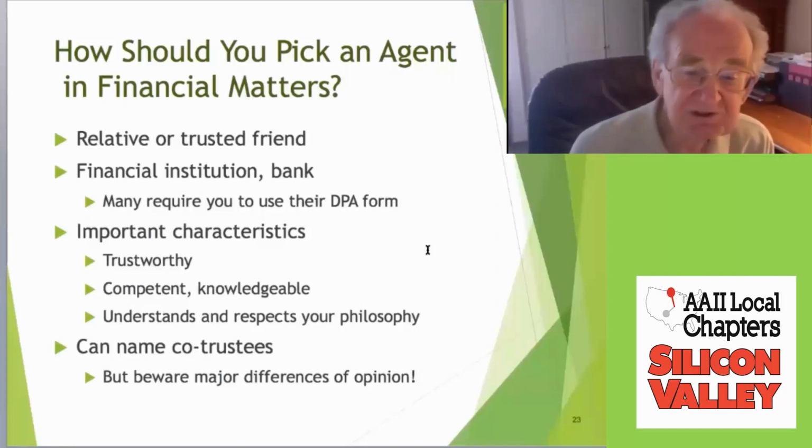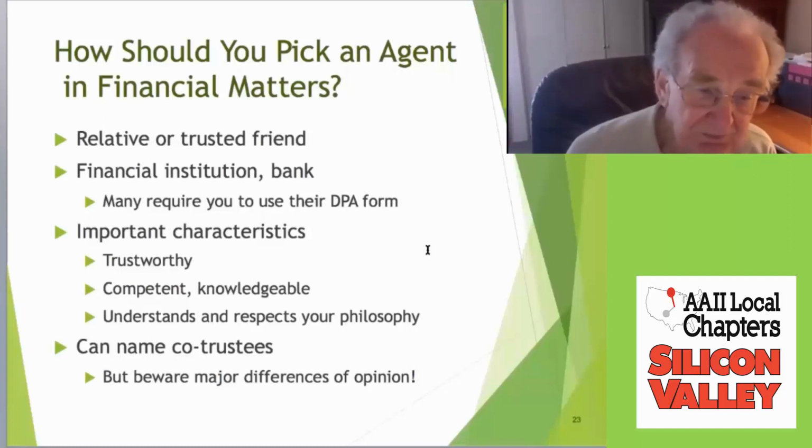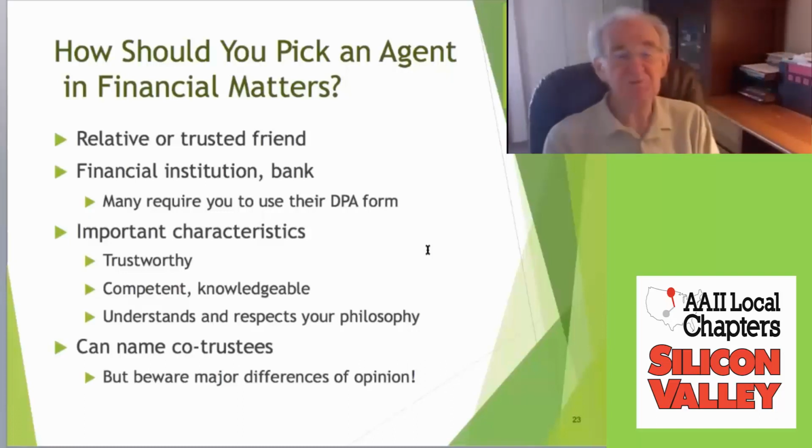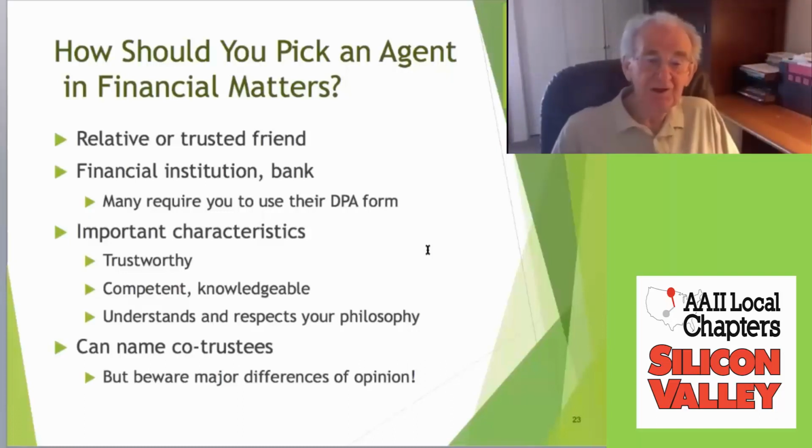You can name co-trustees, two, three or more trustees if you want. That's probably not a bad idea under some circumstances. If there are 2 or 3 children, you may want to name them, but just be careful that if there are any differences in opinion, they can iron them out. What you probably want to consider doing is making a ruling that the majority vote, if there are differences, counts, and do not make it that it has to be a unanimous vote,